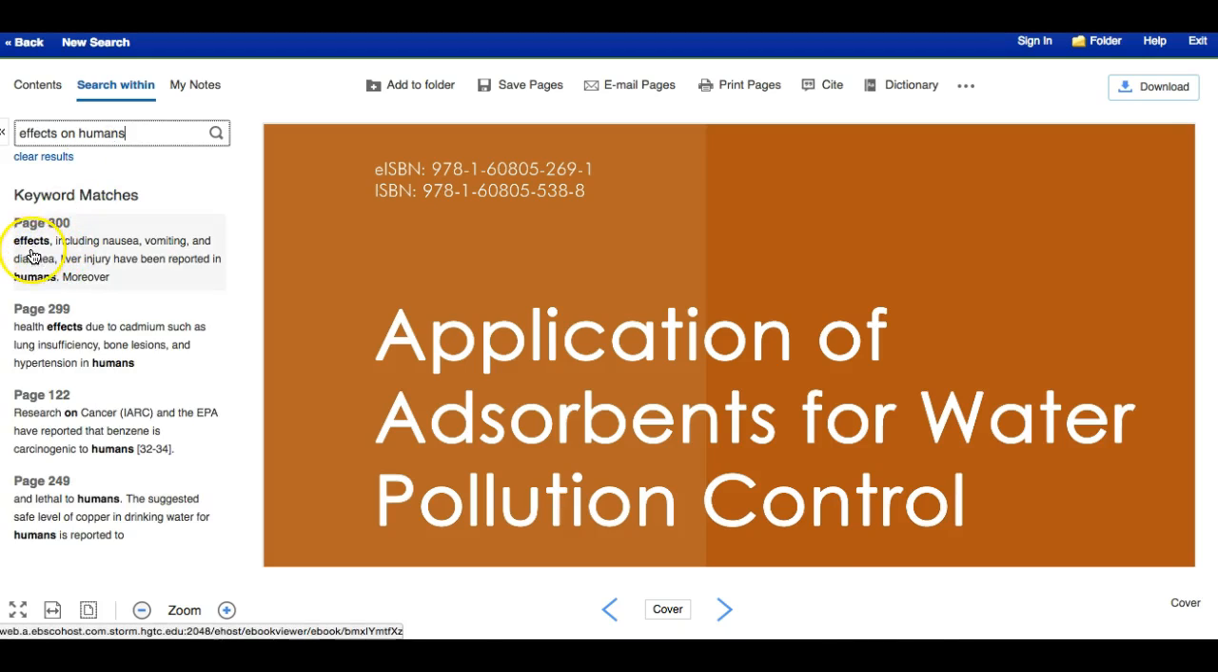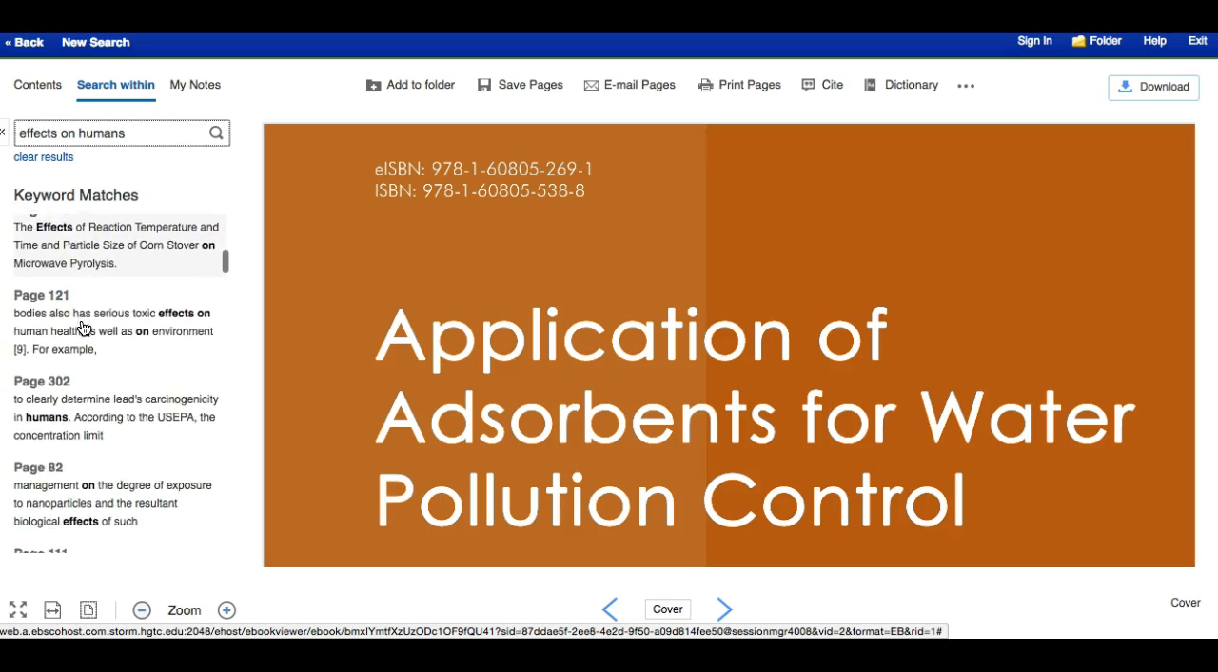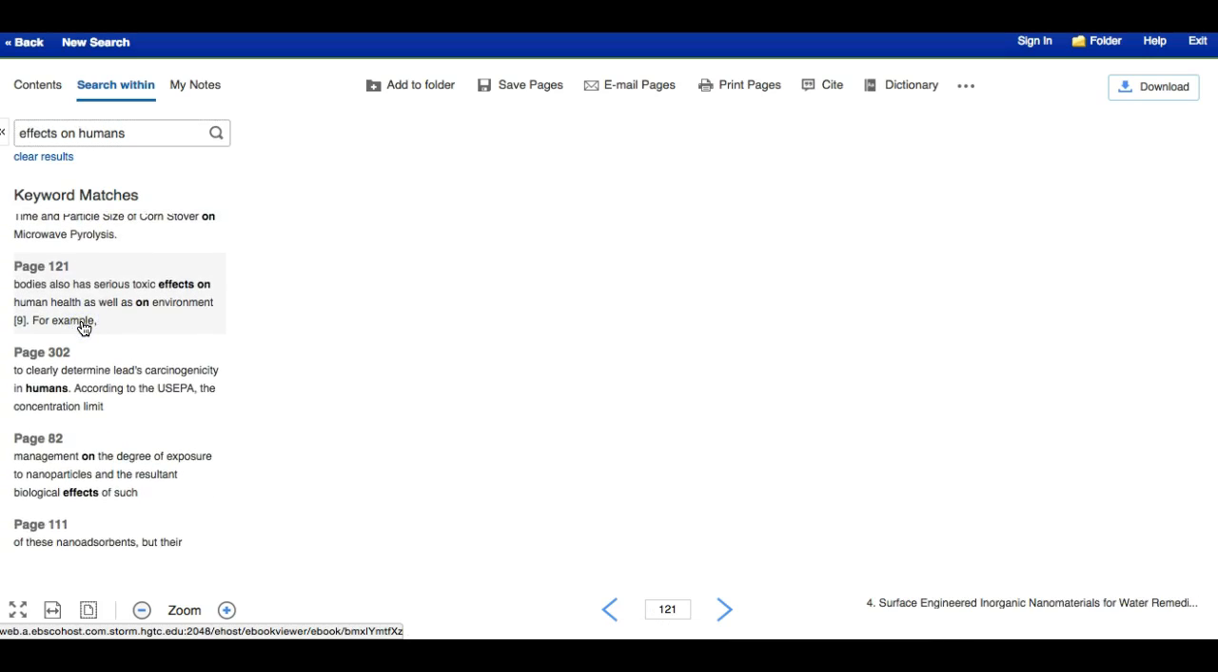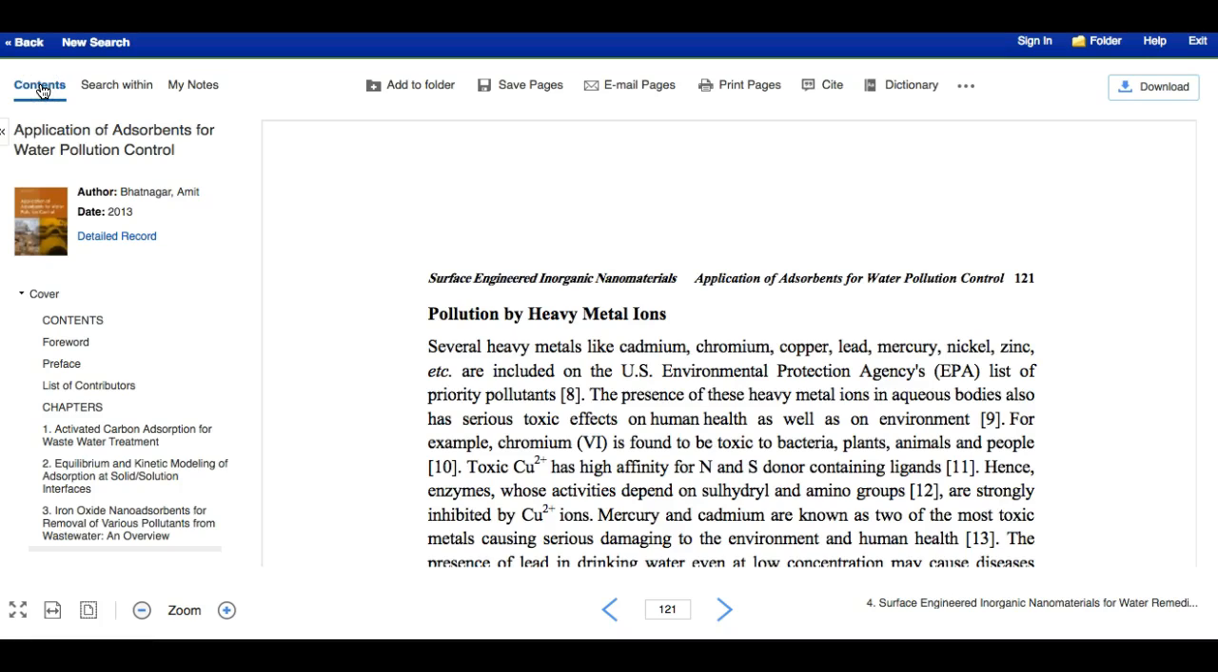And here we have the word effects and the word humans, effects and then humans on different pages, and you can scroll through and actually find those key terms on various pages through the book. And it'll take me to that page. If I go back to contents, I can look at some information here. So it has detailed record,